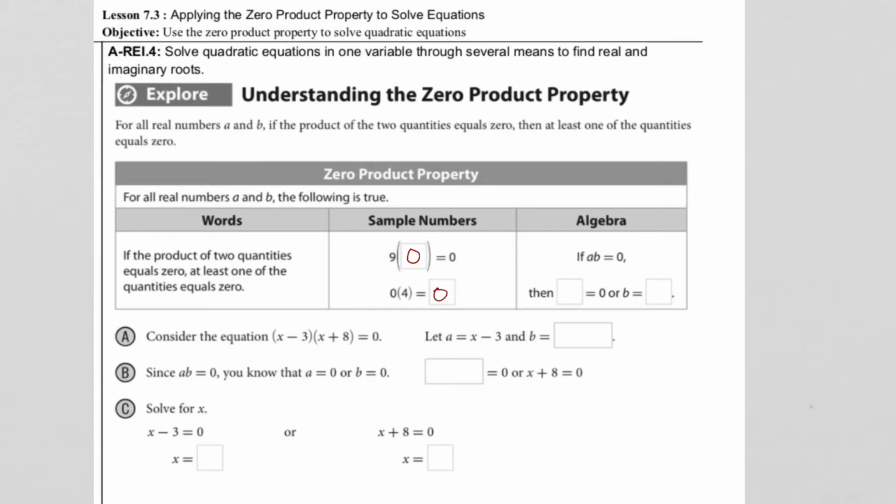That's 0. So then in algebra, if you have some value a and another value b multiplied together, then either a is equal to 0, or b is equal to 0. One of them has to be equal to 0, and that just preserves properties of multiplication. So now if we've got this factored form polynomial, and it's equal to 0, we let x minus 3 be the a, and we let the b be x plus 8, and a times b is equal to 0, so you know that a is 0 or b is 0. So in principle,